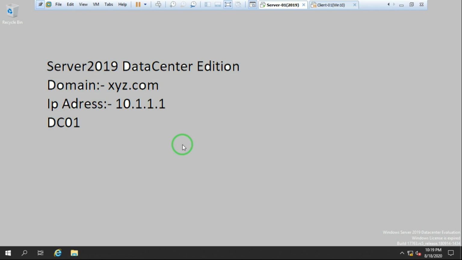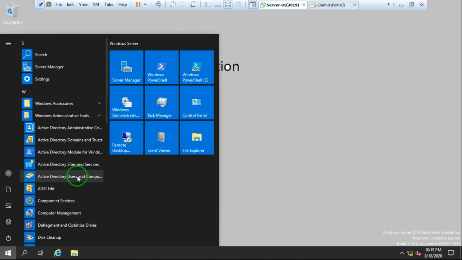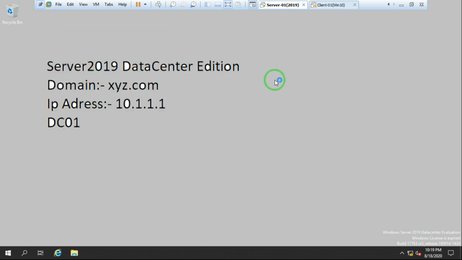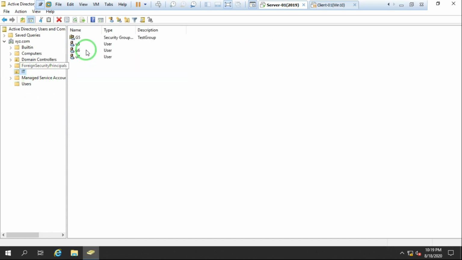What we can do is first create an OU and add the users to whom I need to apply the policy. Understood? Imagine I go to Start, then Administrative Tools, and there we have the option Active Directory Users and Computers. I have an IT OU which we already created. We have some users also.